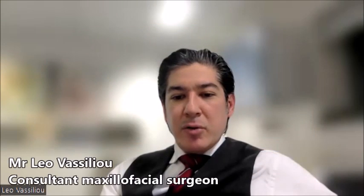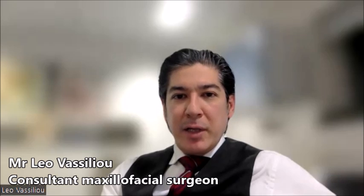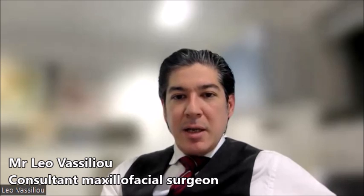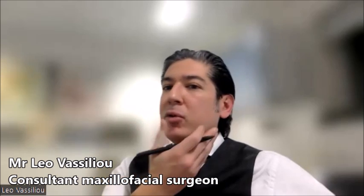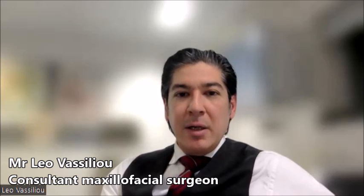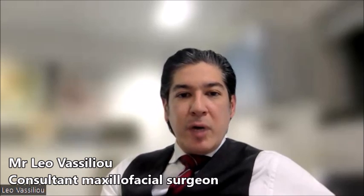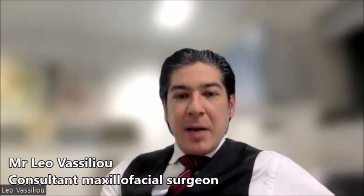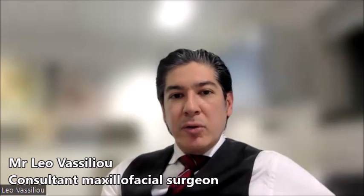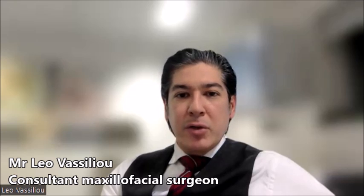There are many reasons why patients may suddenly develop a lump in the area of the head and neck. The most common cause would be an increase in size of a lymph node, and we have many lymph nodes both under the skin and also in the deep areas of the neck. Lymph nodes are part of our immune system, so they could swell up naturally as a healthy response to an infection or an inflammation, or they could increase in size and swell up because of other different conditions,